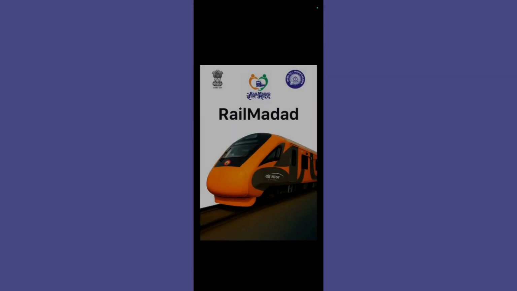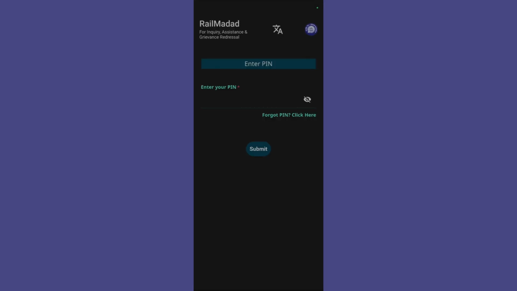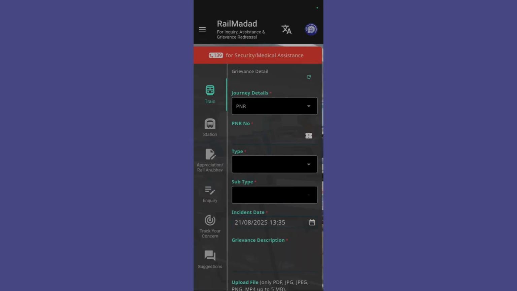Then once you are inside the Rail Madad application, you will need to authenticate yourself by either entering your PIN or by entering your user and password credentials. After you are done entering all these details, you will need to click onto the submit button. After clicking onto the submit button, you can see that here you are in the interface of your Rail